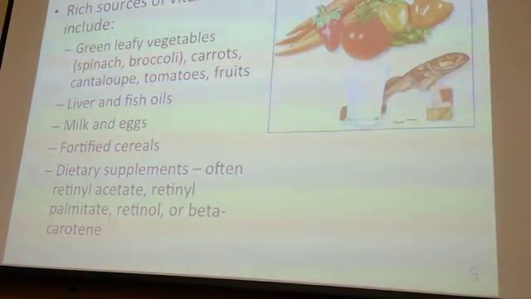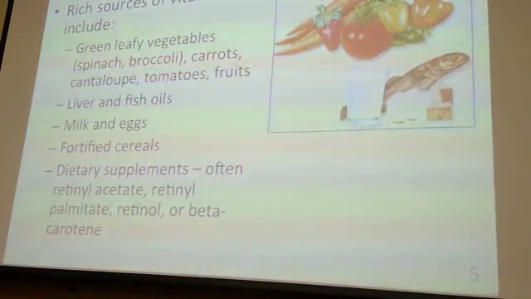Okay, so not surprisingly, the most famous source of vitamin A is carrots. We all probably have heard eating carrots is good for our eyes. But it can also be found in many other leafy vegetables, and other fruits and vegetables, cantaloupes, tomatoes, fruits. To some extent, it's present in good amounts in liver and fish oils, to some extent in milk and eggs,